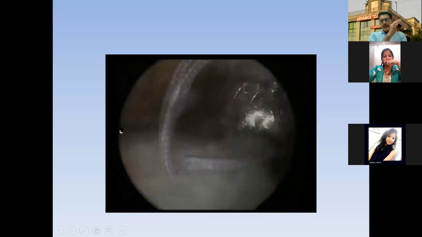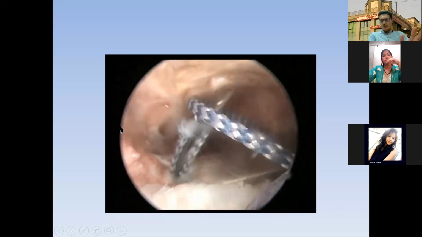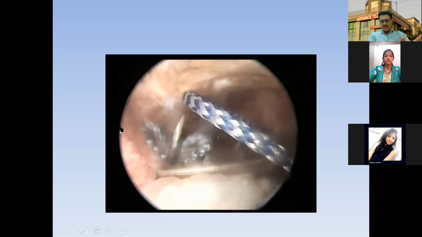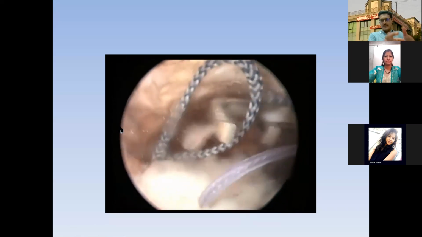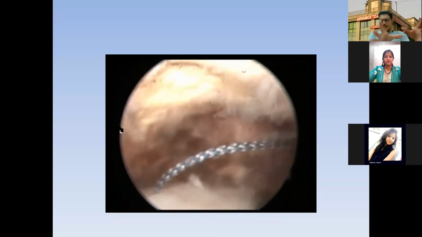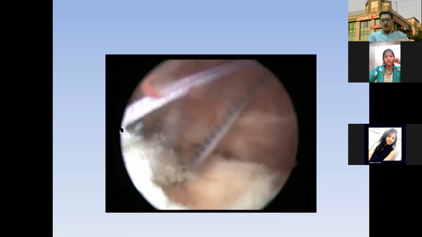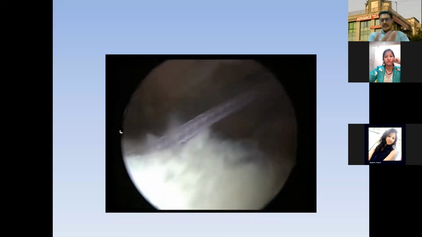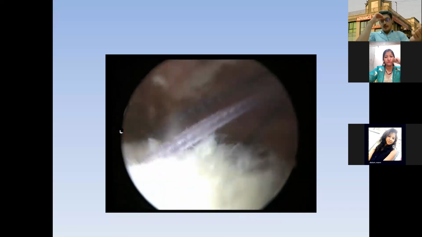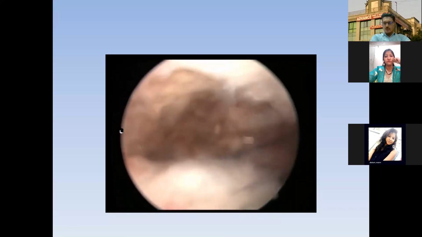So this is a magnified view. So if you see, this is around 20 to 25 times magnification. So actually it is a 20 to 25 times magnified view. This is all inside, we are seeing into the shoulder joint. So this is how we pass all the sutures, and then we will tie the knot. And we tie the knot by a special technique which is called arthroscopic knot tying.